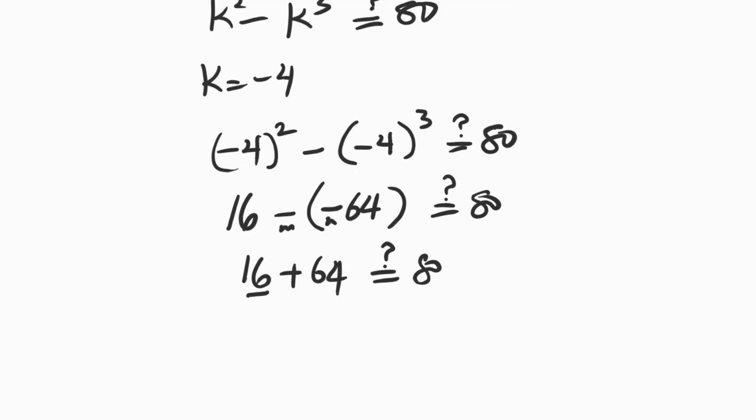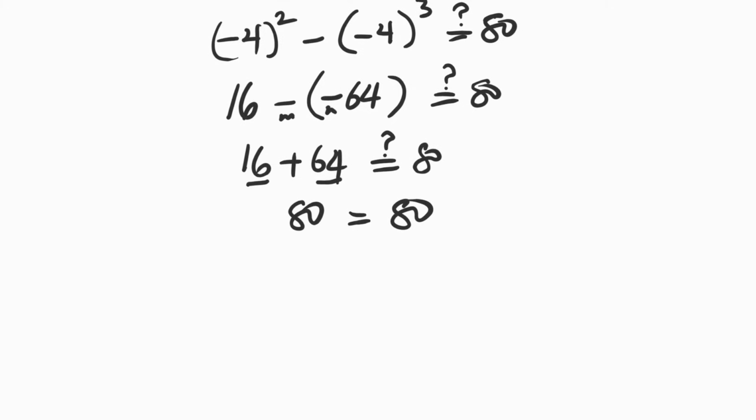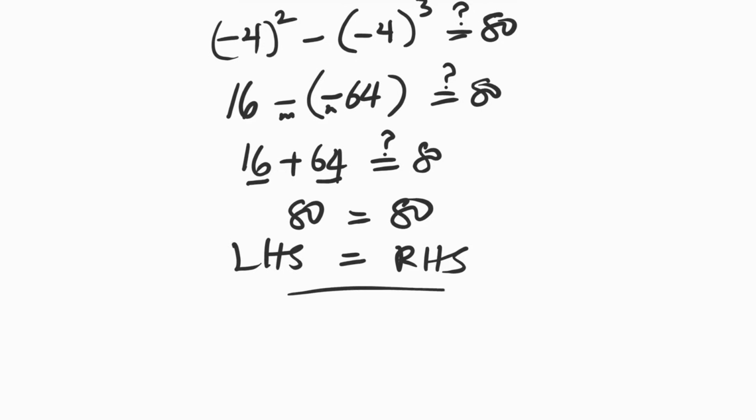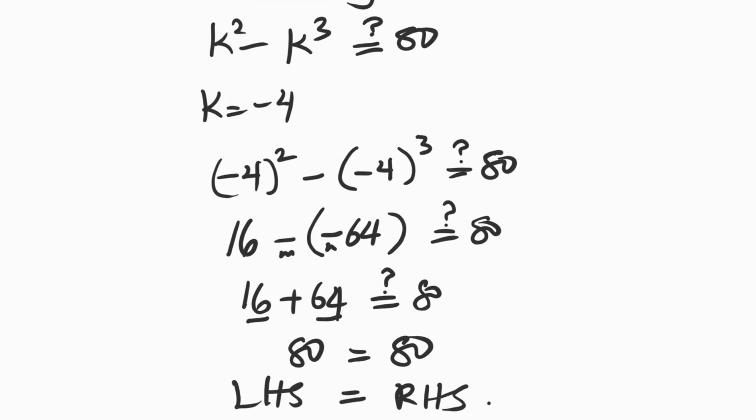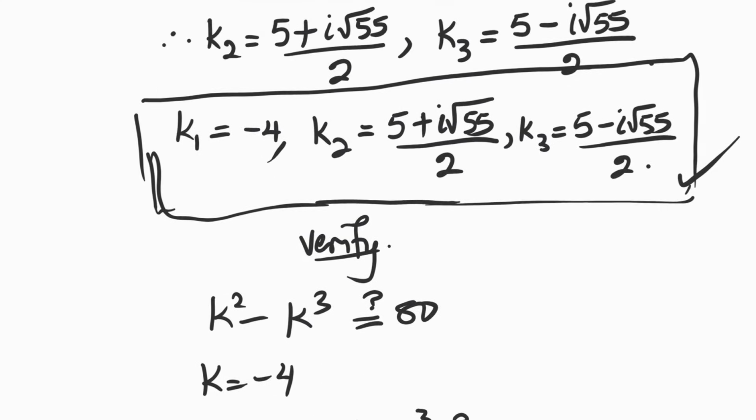And now 16 plus 64 is 80. And we can see from what we have here that our left-hand side is equal to our right-hand side. Therefore, our value of k, which is minus 4,